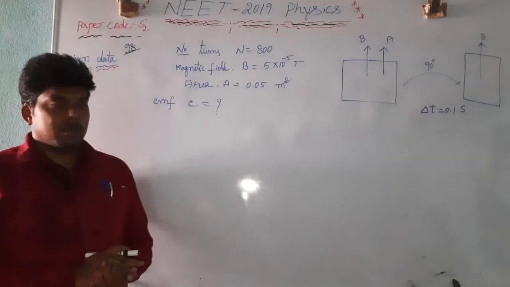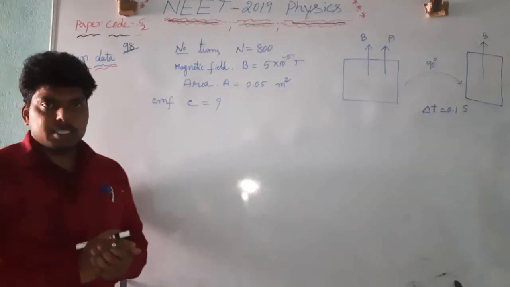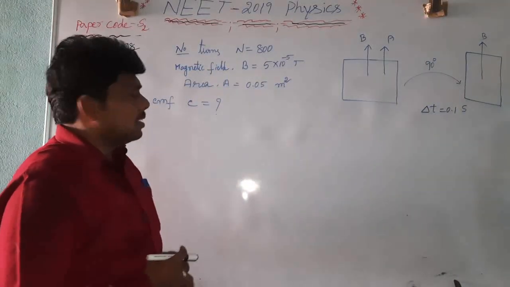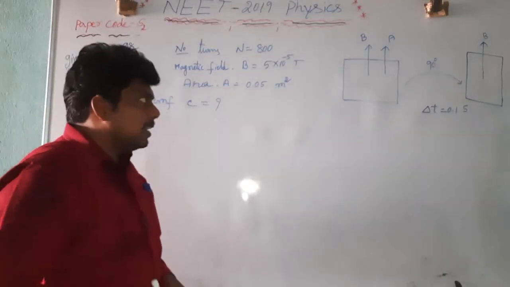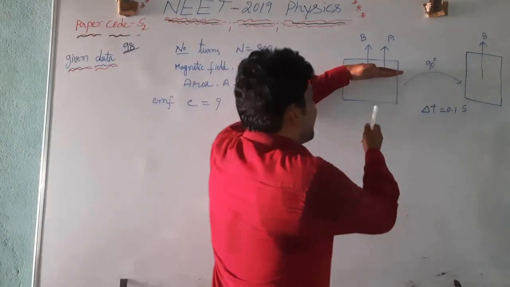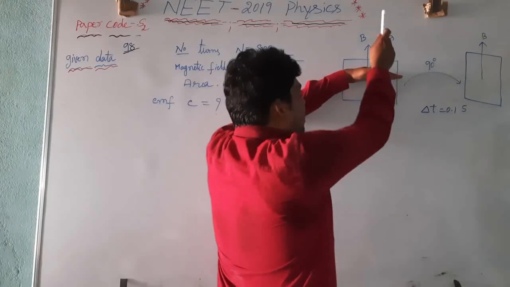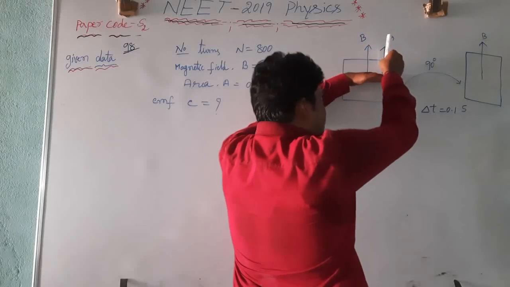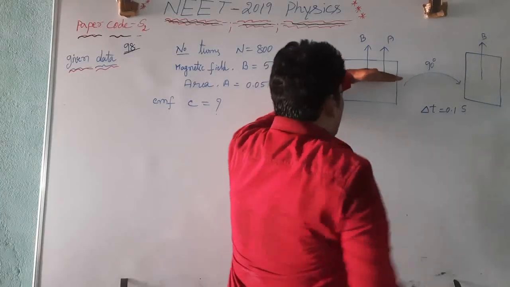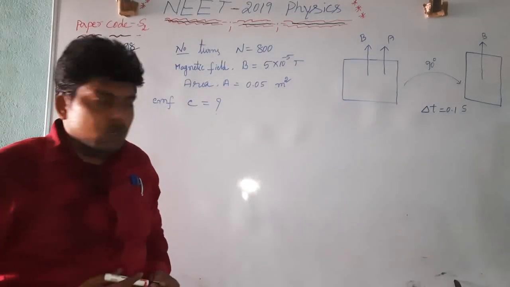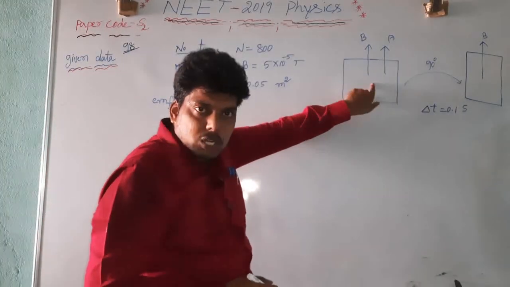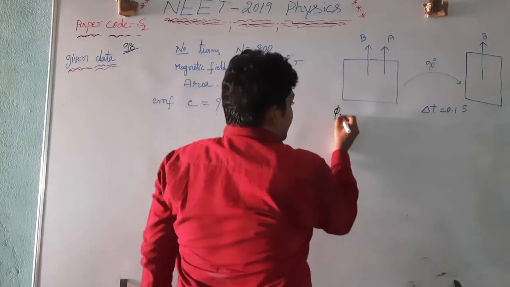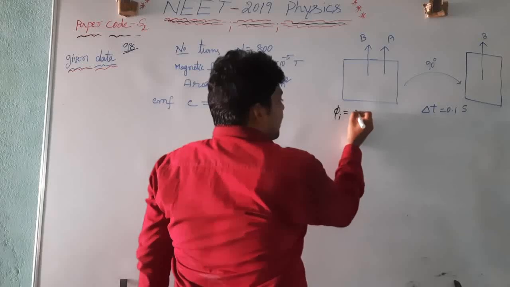Now the next question number is 98. In this question, they have given a coil which is having a certain number of turns, equal to 800, which is placed initially perpendicular to the magnetic field. The coil is placed perpendicular to the magnetic field, which means the magnetic field direction is upwards. Again the area vector is also upwards. The angle between them is 0 degree here. That is, initial magnetic flux is equal to